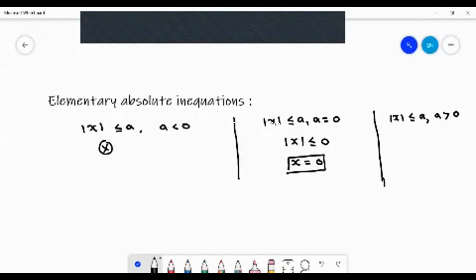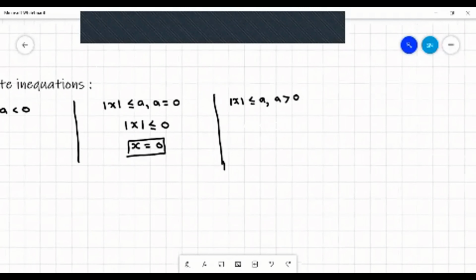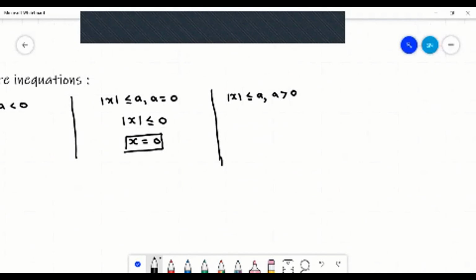And coming to the third case, the most interesting case, modulus of x is less than or equal to a. So in this case, according to geometrical observation along a real line, it is the distance away from origin. So modulus of x is equal to a means this is minus a at a distance of a units, and a is at a distance of a units. This is equal to, so a and minus a both are included. A is included, minus a is also included. So this is the distance from x, so x to the origin is less than a.